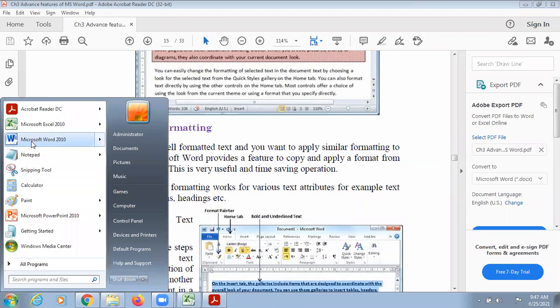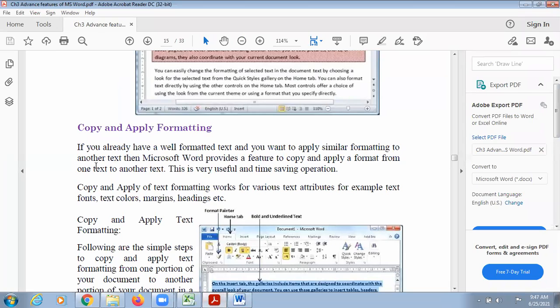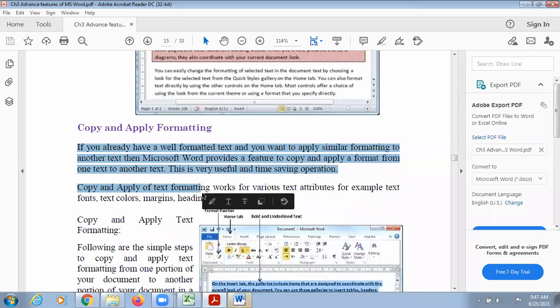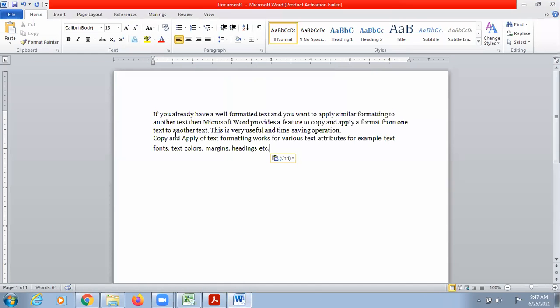So I'm opening MS Word first and I'm going to copy a paragraph from here and paste it in MS Word. I'm going to do some changes with this paragraph.